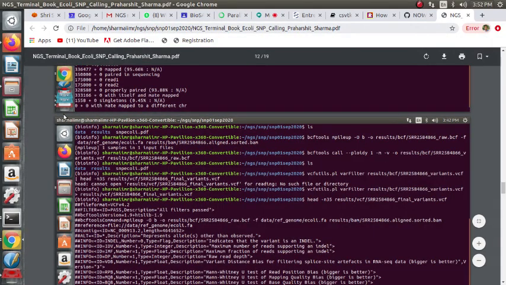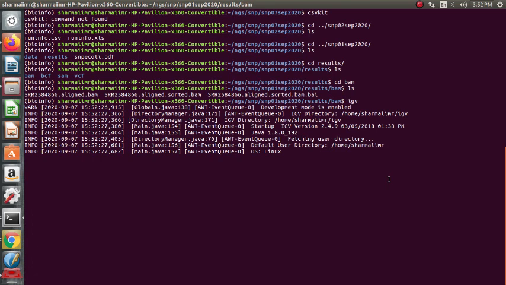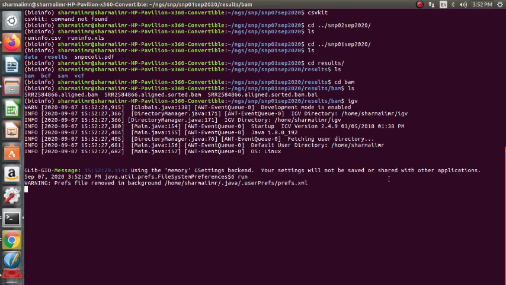So basically, the IGV visualization. If you go to this folder, just type IGV. The 393 position is where we have the reference to alternate base variation from T to G. Once we install IGV using bioconda, conda install igv, it's a Java application which will load.